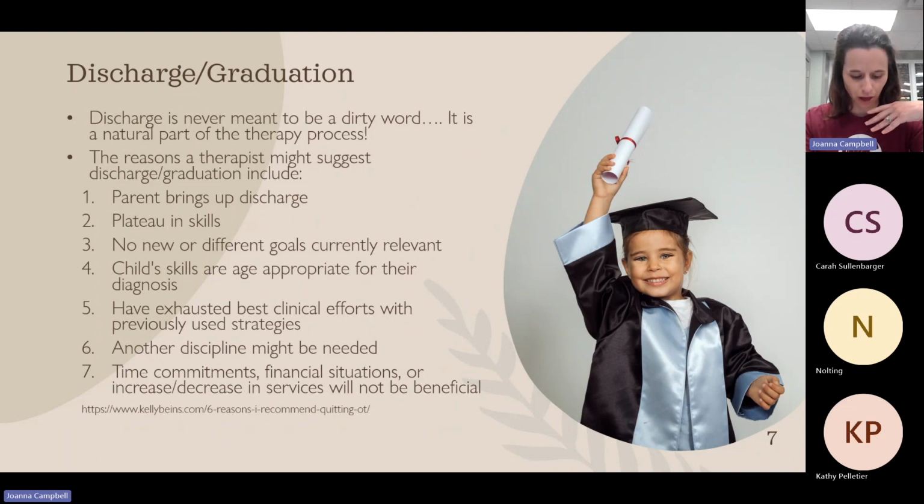And another thing too, that we've talked about before in the back, discharge is really not an easy conversation for us to have or bring up, because we've developed relationships with you and with your family, and we want you to be successful, but we also have to be ethical in our process. So we'll get to the ethics part of it later, but it's never meant to be a dirty word. So let's talk a little bit about some of the reasons a therapist might suggest discharge or graduation,